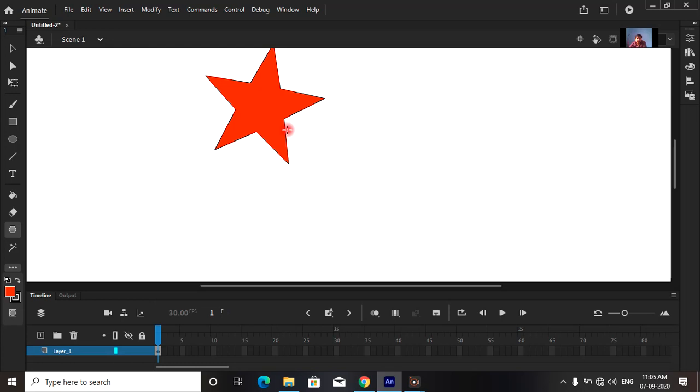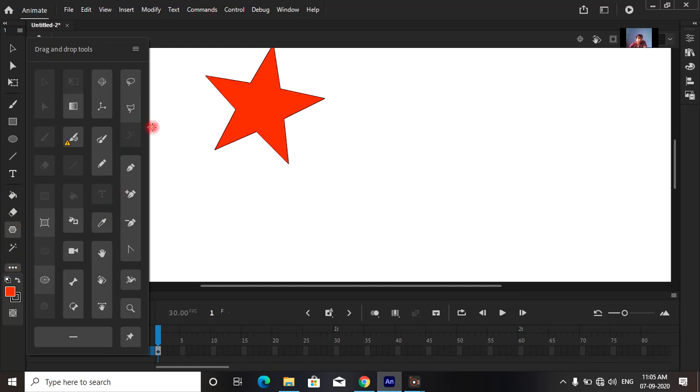See here, I have drawn this, and here I am going to use the lasso tool. The lasso tool can select freehand. For example, I am going to select all these stars.